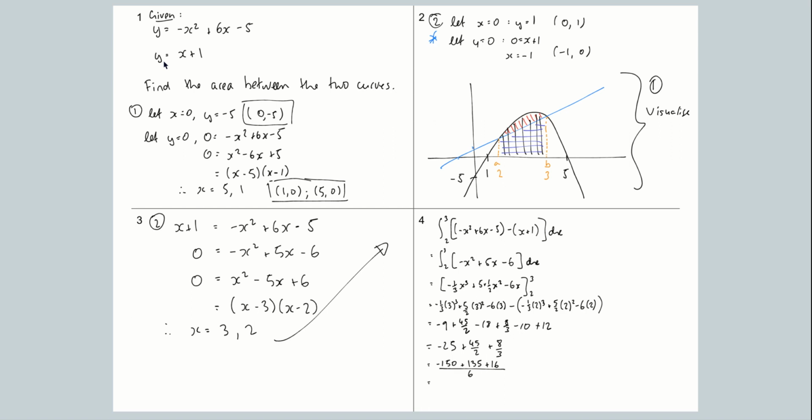So we've got minus 150, and then we're going to add 135, and we're going to add 16. And then, oh my goodness, well, 135 plus 16 is 151. So we're going to end up with 1/6. The area is 1/6. Now, looking at that, it doesn't look too good, but doesn't look too crazy either, I think,